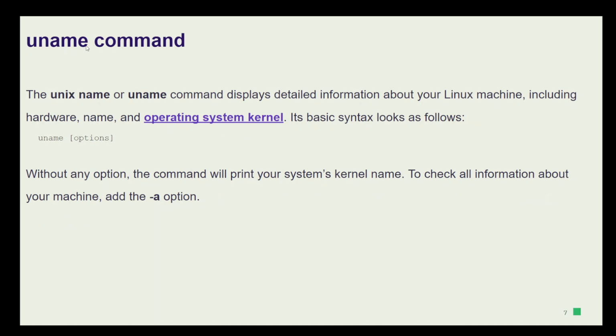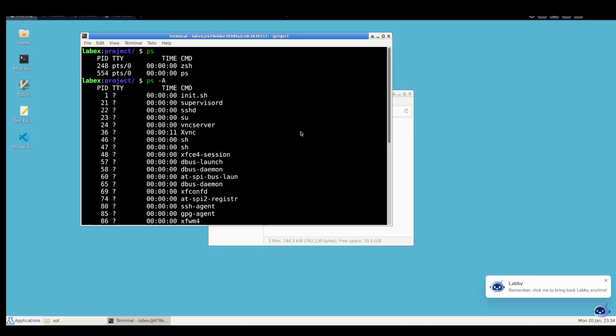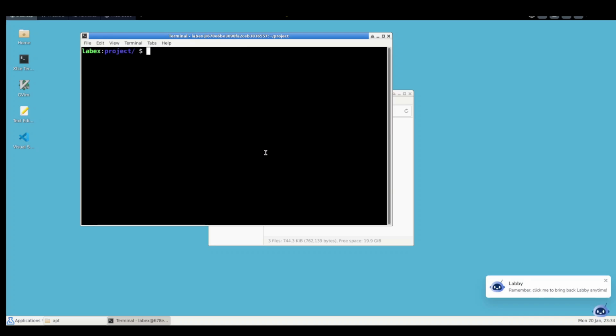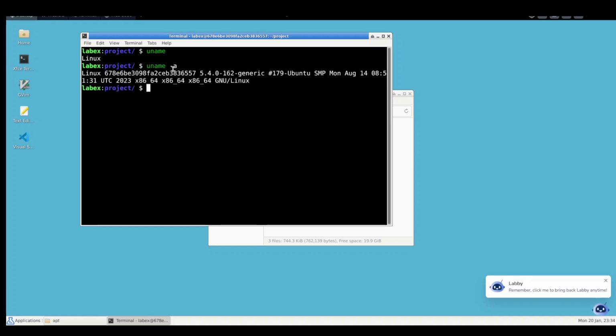The next command is uname. uname is not a username, it is short for Unix name. By using uname, we can display detailed information about a Linux machine: hardware name, operating system, kernel. Let's see. Let's clear the terminal. It will display the current operating system name, but if you pass dash a, it will display a lot of